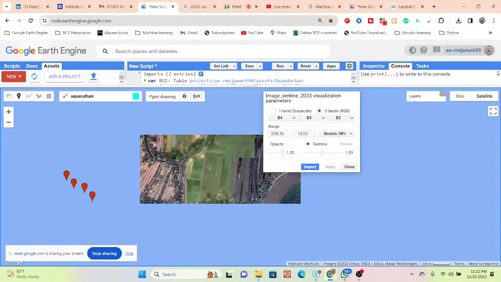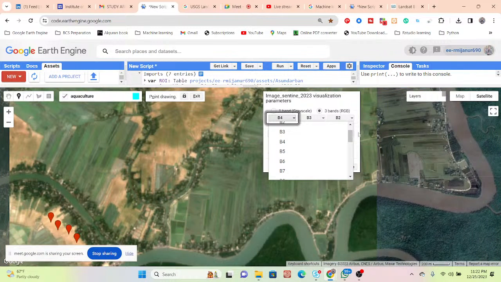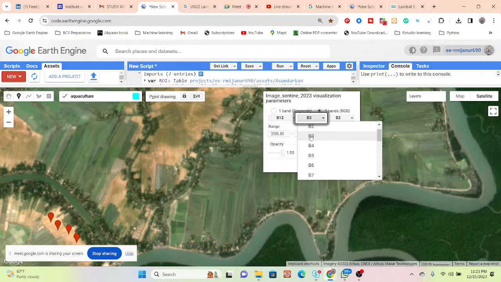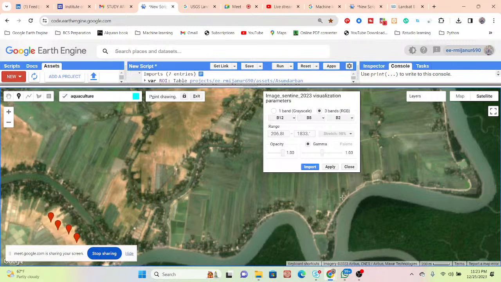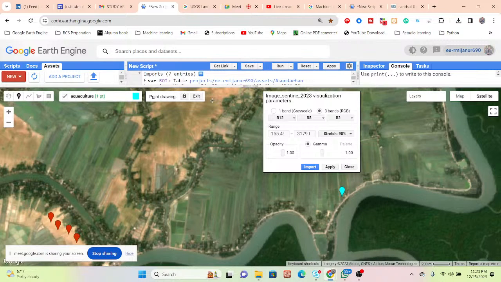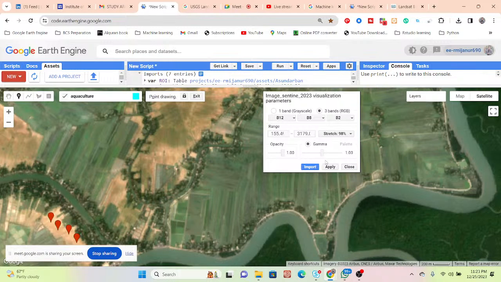Or use this band combination here. I think it's better for that to use short wave infrared 2, then put near infrared and blue. And when you make any wrong interpretation, just click here and delete. So now select the aquaculture again and collect.